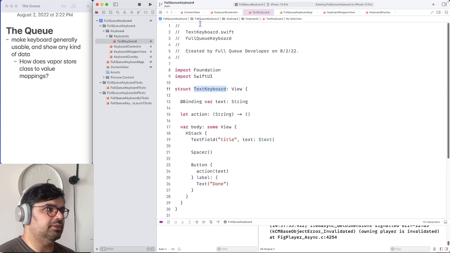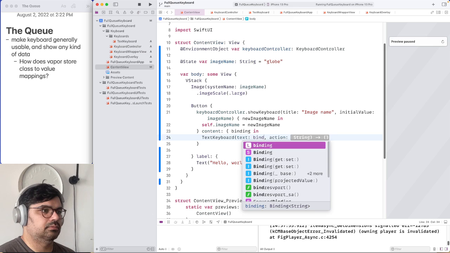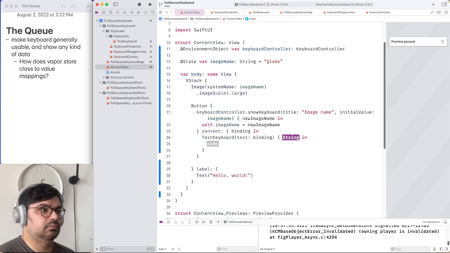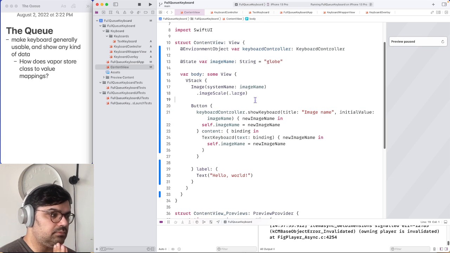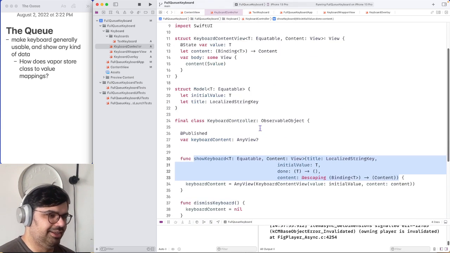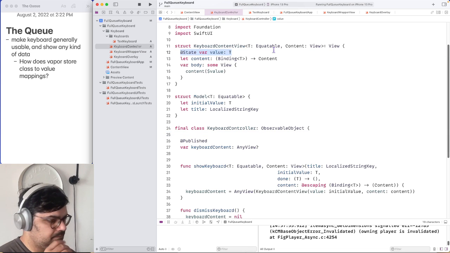Then how do we make this usable? Oh, maybe we don't pass an action. This is very interesting. I mean, this is clear. It's interesting. Like, do we even need to